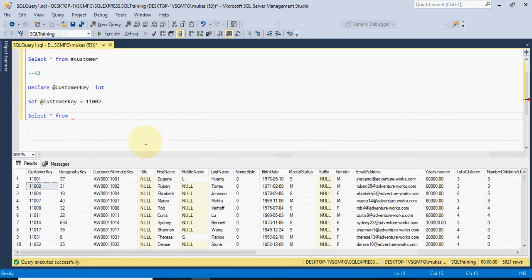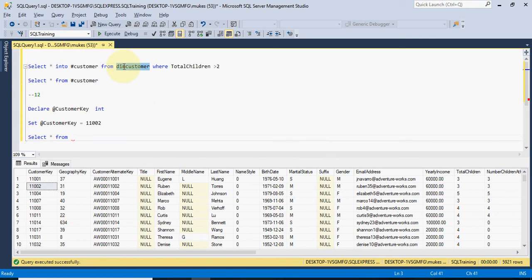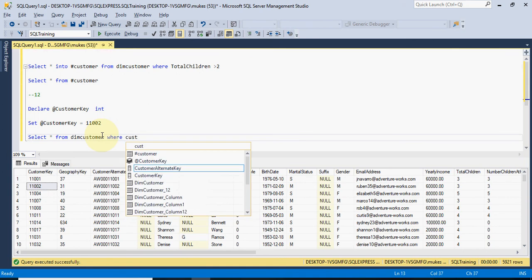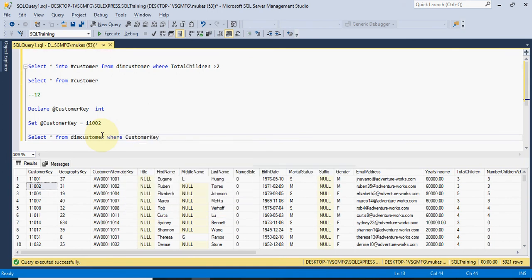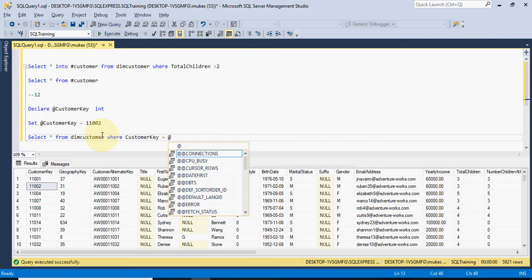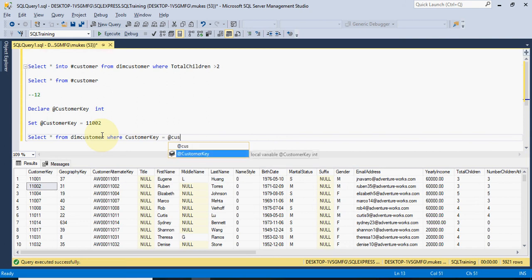From dim customer where customer key is equal to customer key.